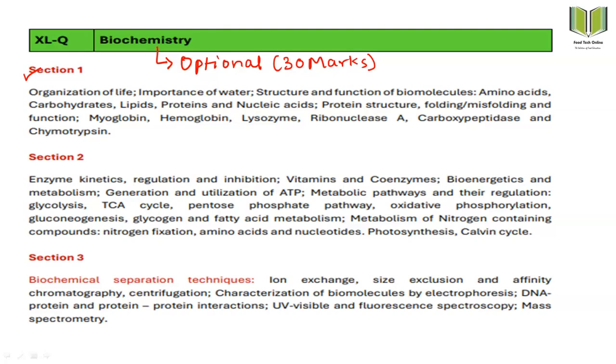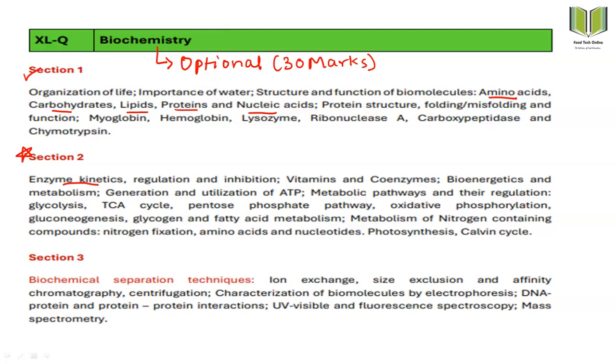So in the first section, it is written that the amino acids, carbohydrates and their classification, lipids, proteins and nucleic acid, meaning the basic chemical substances are all listed here. In section 1 we only have to see the introductory part of all these things and the various types of classification that have been given here. After that, in section 2 we will be seeing the enzyme kinetics, how the enzyme reactions work, in this section.